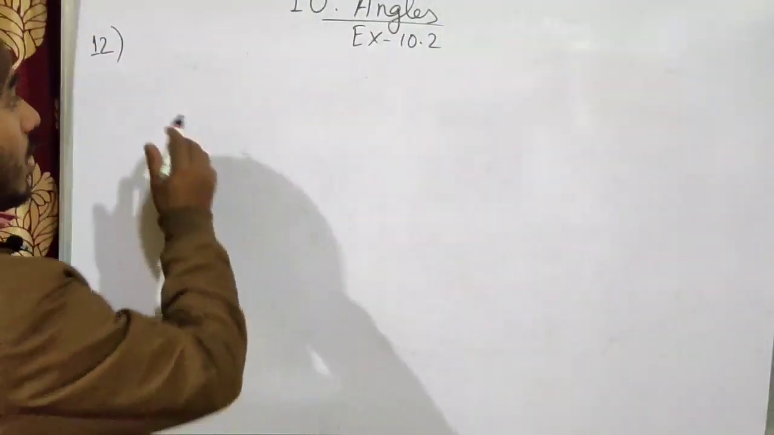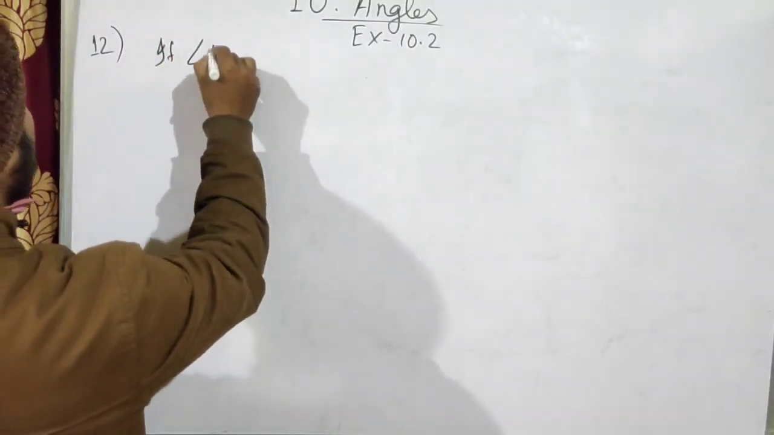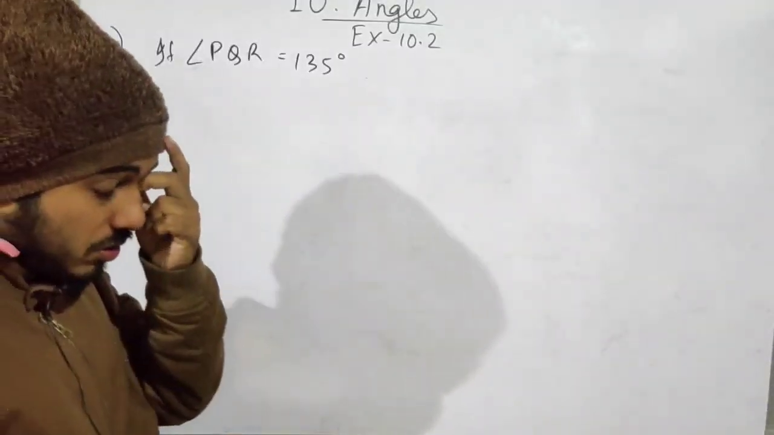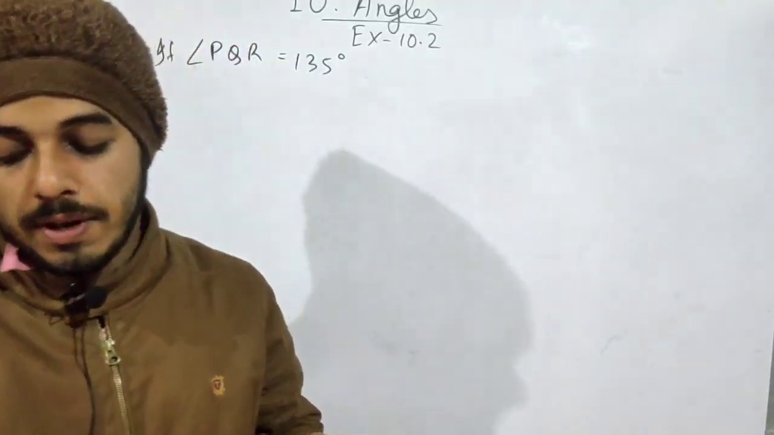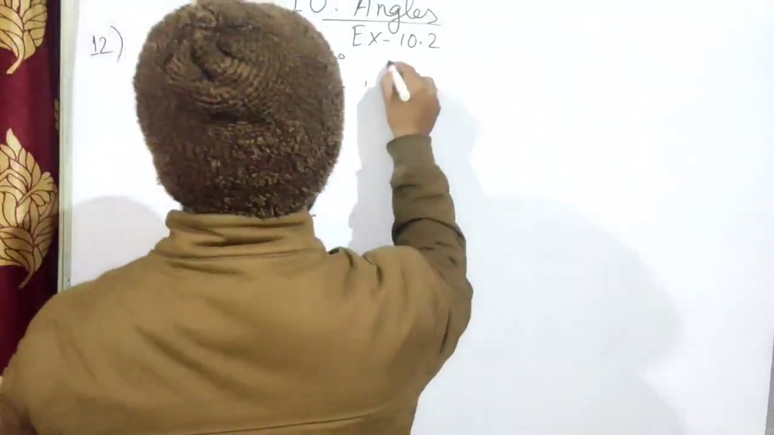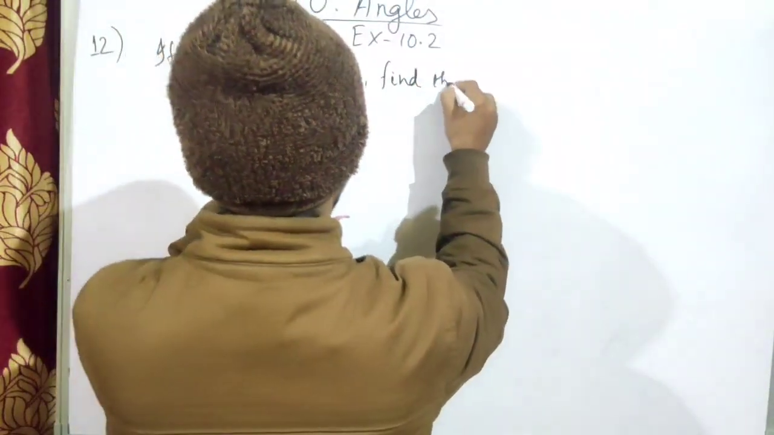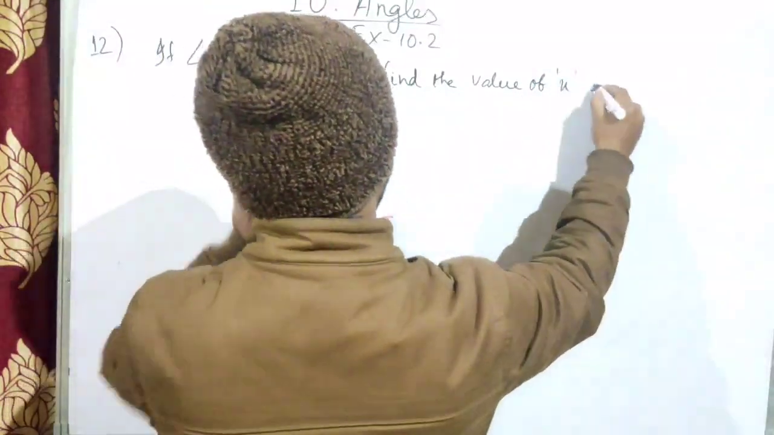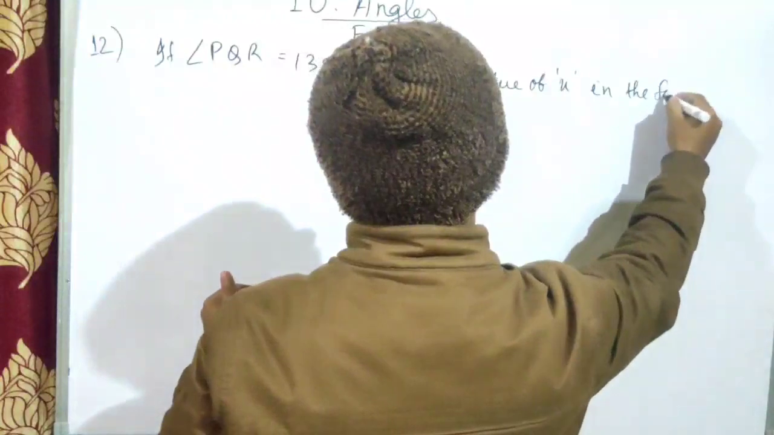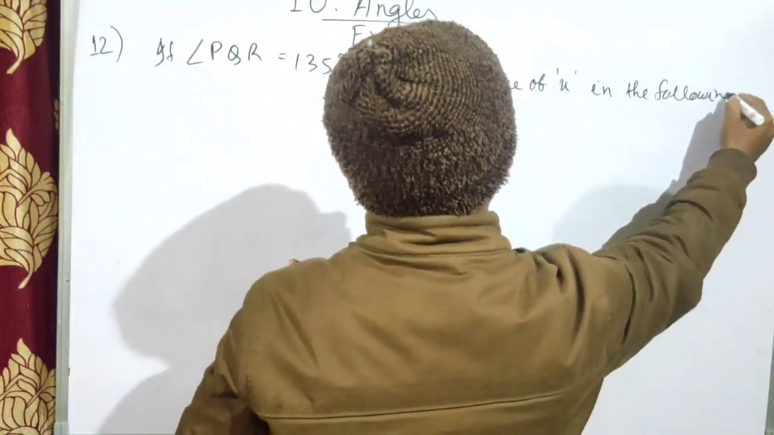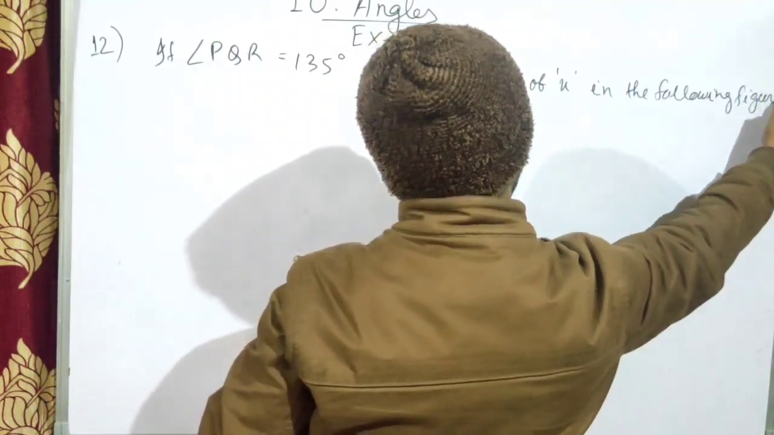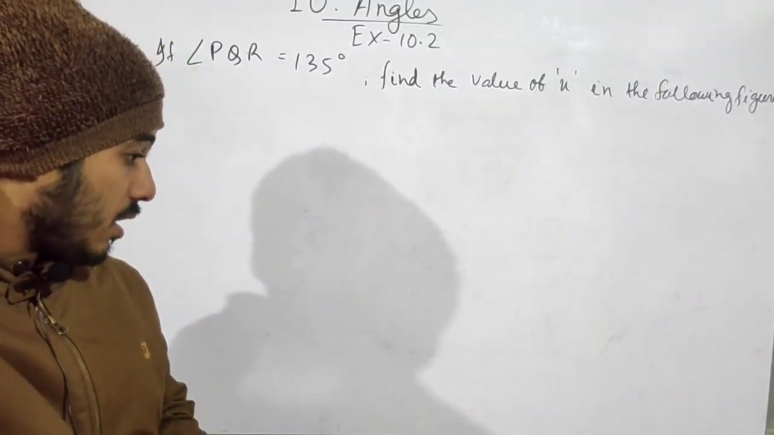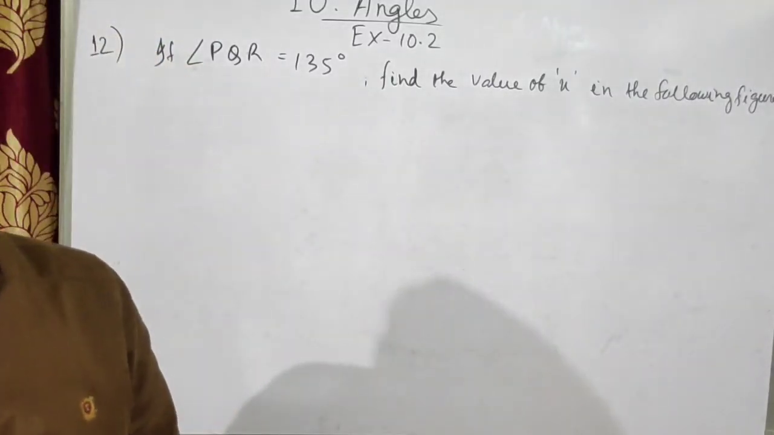Look at the board. Question number 12: if angle PQR equals 135 degrees, find the value of x in the following figures. Find the value of x in the following figures. So first figure,